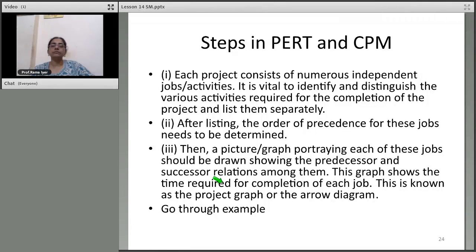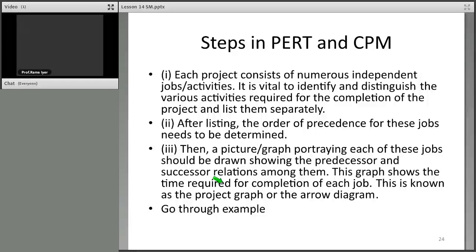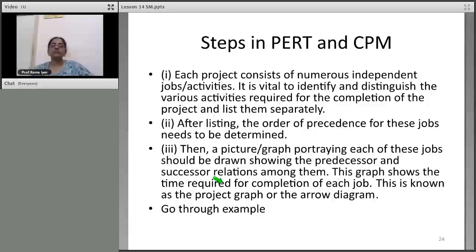So what are your steps? The camera is creating a problem. I don't know why. It just walked out. It said bye. So we'll manage without the camera. If it needs it, it will come back. Okay.